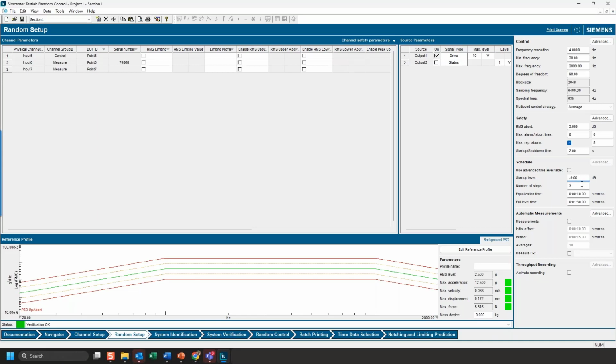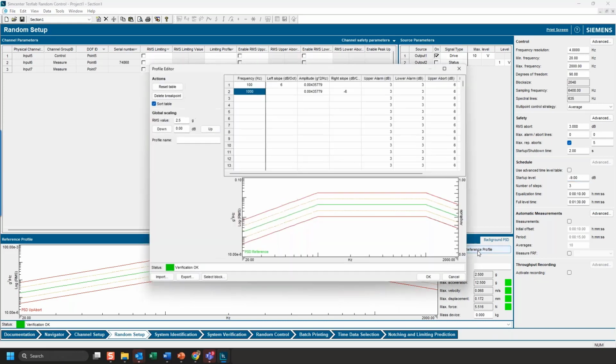So we're going to go -9, -6, -3, and then our 0 dB level, spending about 10 seconds at each one of these lower levels to equalize before we go to the next level. And then we're going to spend 1 minute and 30 seconds at our 0 dB time. And the RMS level of this particular test is going to be 2.5 Gs RMS.